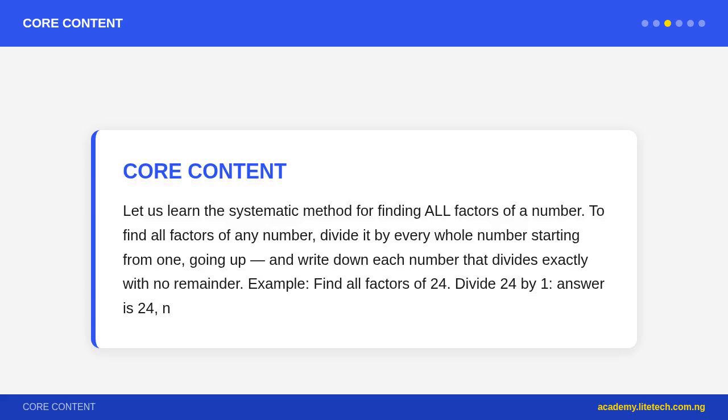Divide 24 by 6, we already have 6 from the pair above. Stop when the divisor reaches or exceeds the square root of the number. All factors of 24 are 1, 2, 3, 4, 6, 8, 12, 24. That is 8 factors. Now let us list the prime numbers from 1 to 50: 2, 3, 5, 7, 11,